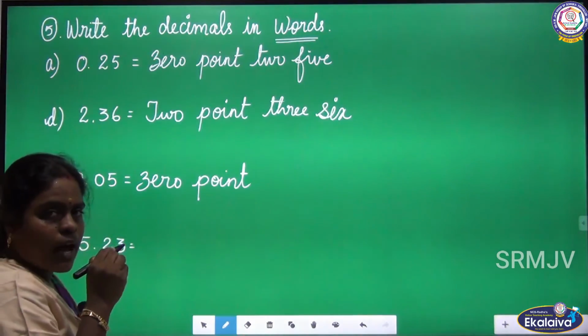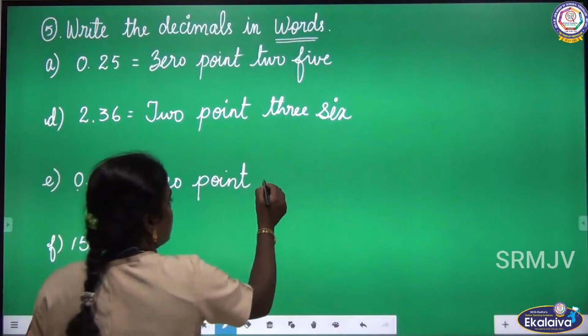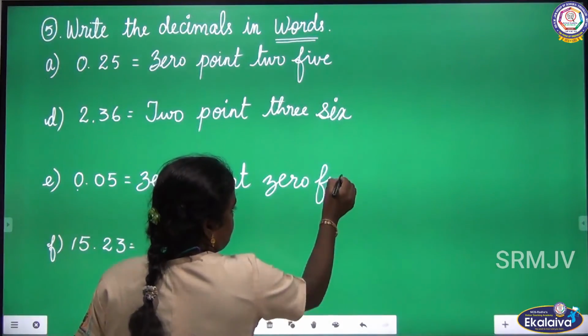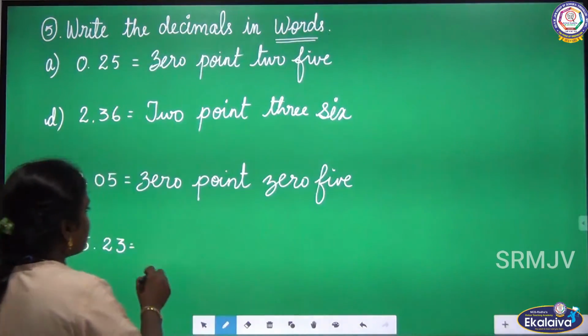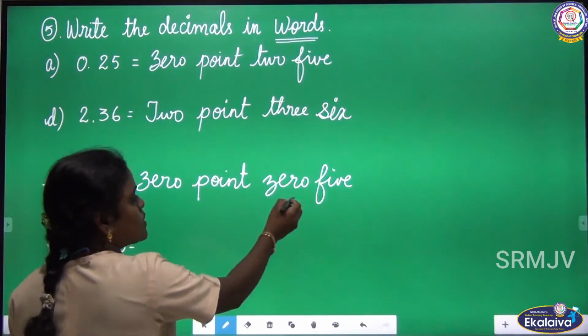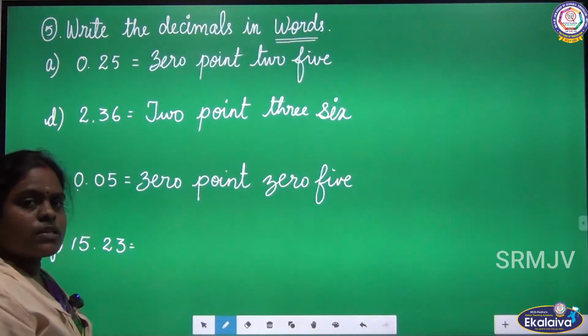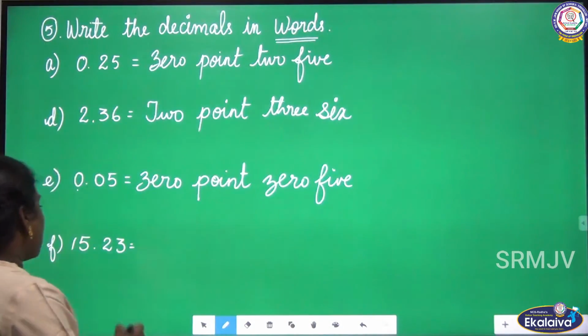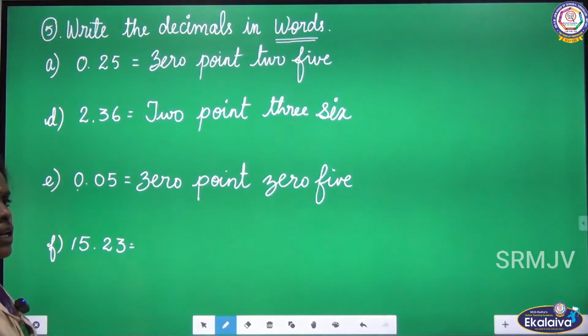As I read, I am going to write 0.05. So the given decimal is 0.05. If 0 is given, you should write the name for the number. Look at the next decimal,